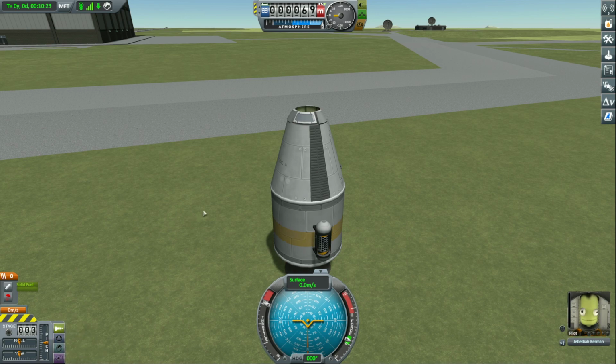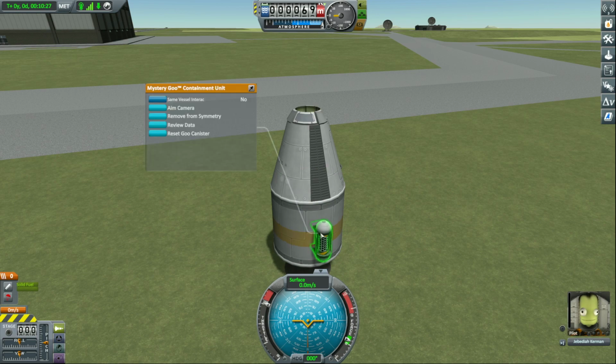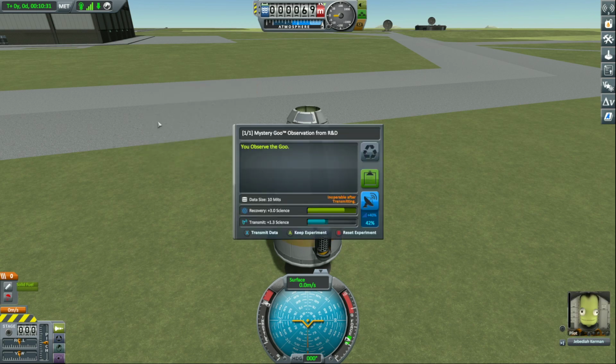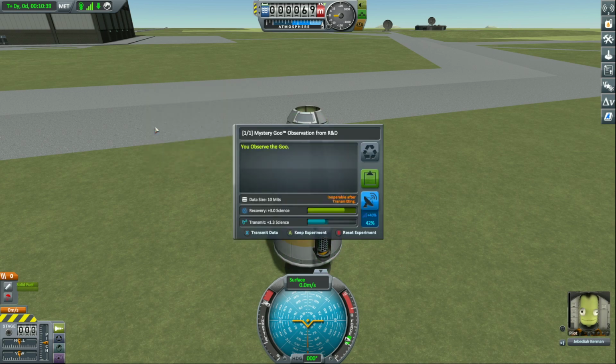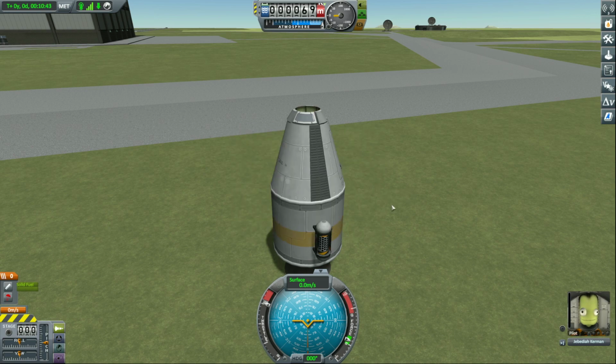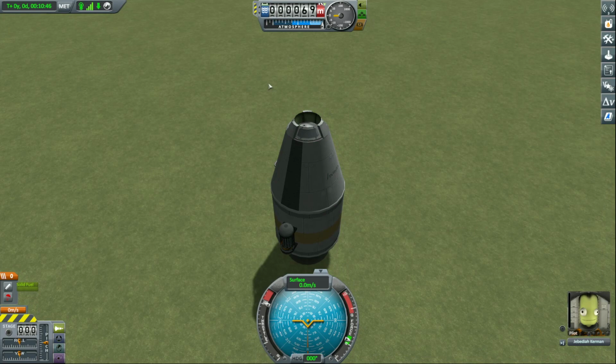If a Kerbal has some data on them and they climb into a pod, they'll automatically store the data in the pod. Gotcha. So if you have him take the data out of the pod and then put it back in the pod, then you can have another crew report. So you just want to keep that data for right now, and so that will be cached in when you recover the pod. So if you scroll your cursor up to the top,